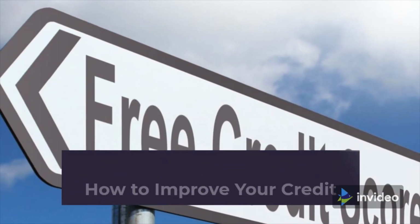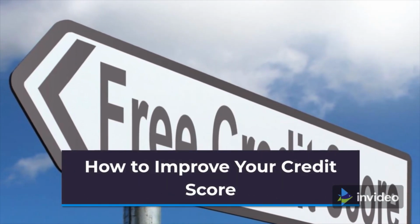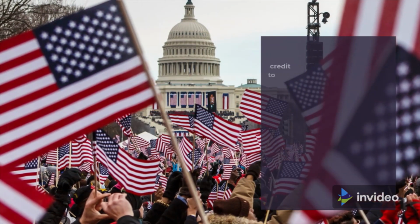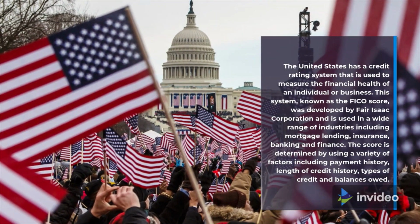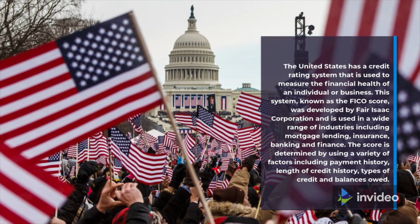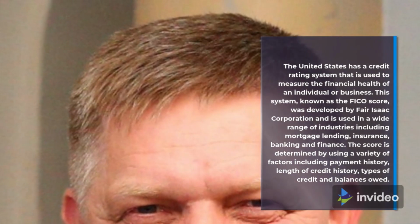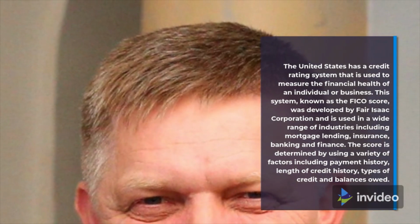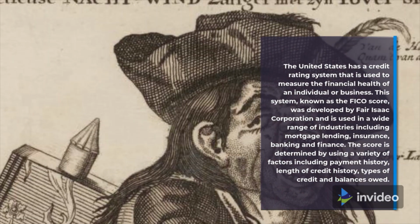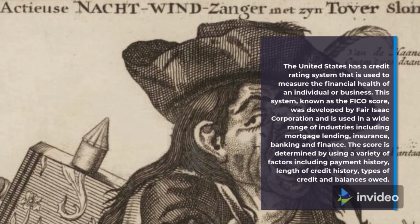The United States has a credit rating system that is used to measure the financial health of an individual or business. This system, known as the FICO score, was developed by Fair Isaac Corporation and is used in a wide range of industries, including mortgage lending, insurance, banking, and finance. The score is determined by using a variety of factors, including payment history, length of credit history, types of credit,